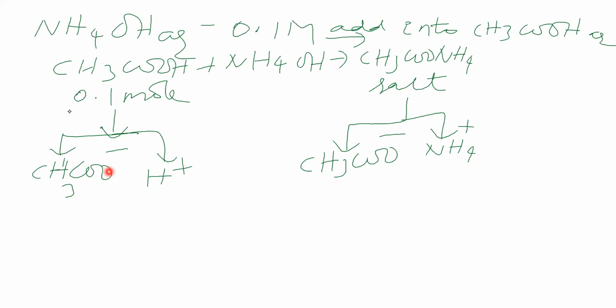Now you see, before adding ammonium hydroxide, how many moles of ions are there, and after adding ammonium hydroxide, how many moles of ions are there in the resultant solution. Ions are carrying current. So how will lambda m be initially, and how will it be after adding ammonium hydroxide? Whether lambda m increases or remains the same, think about it.